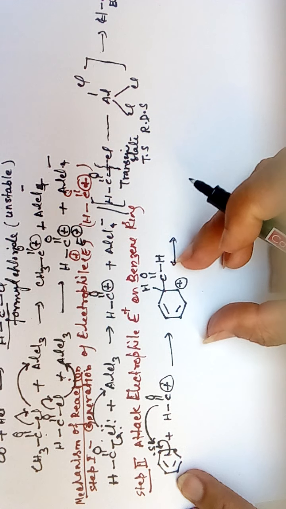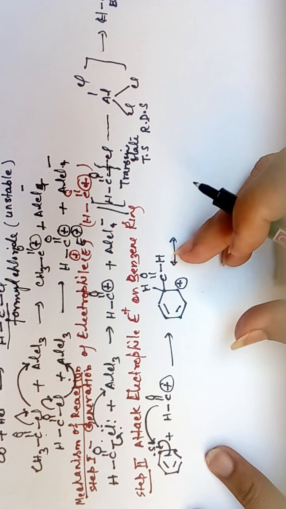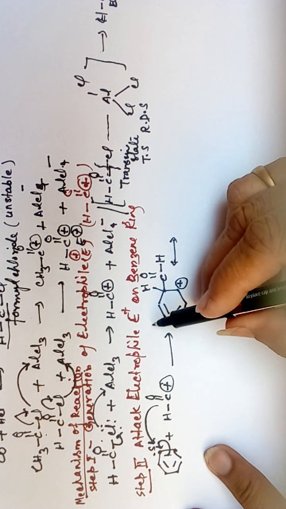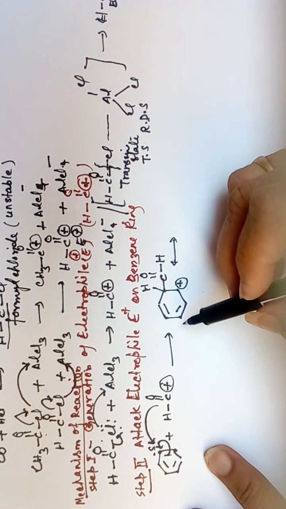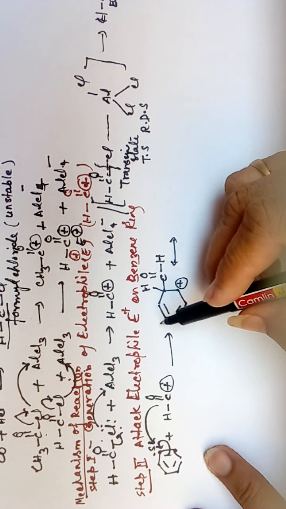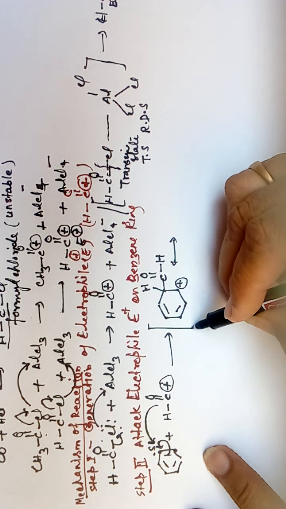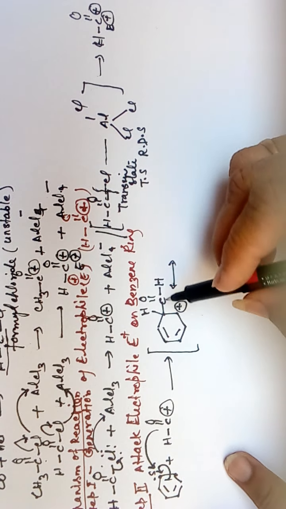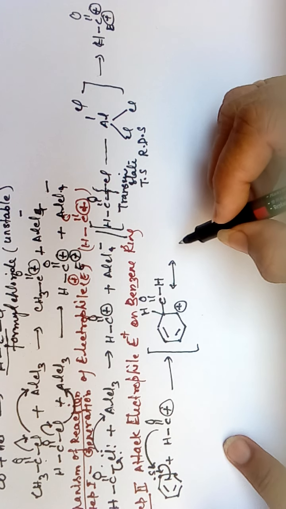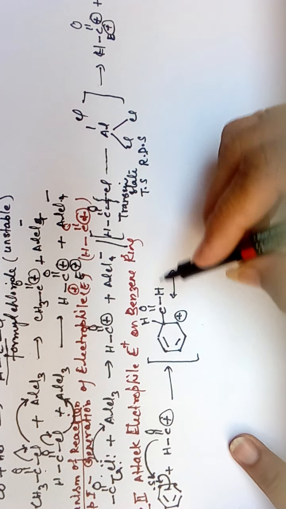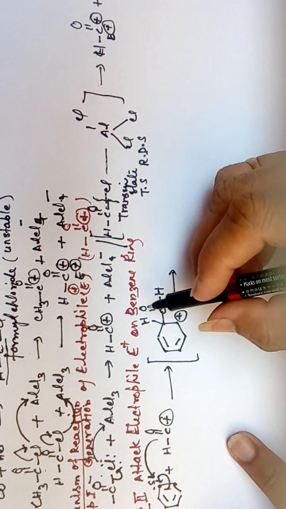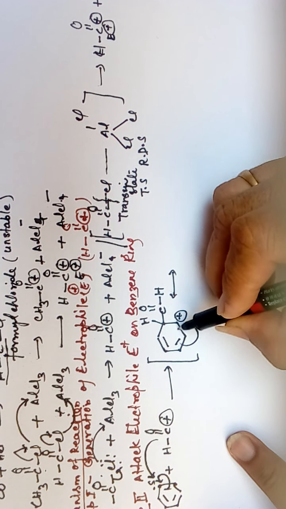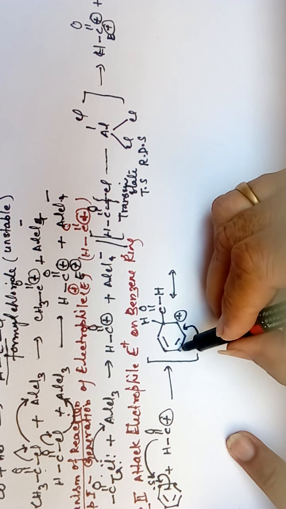When this structure is formed, either here a double bond is broken down, so benzene lost its aromatic character. That means benzene becomes non-aromatic, and to retain its aromatic character, it undergoes resonance. Then you see what will happen. This bond comes here and forms a double bond here and utilizes this positive charge, and a positive charge comes